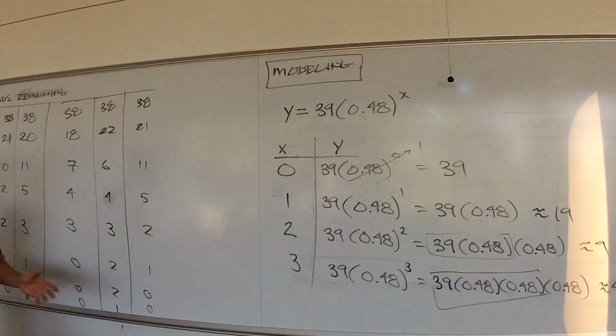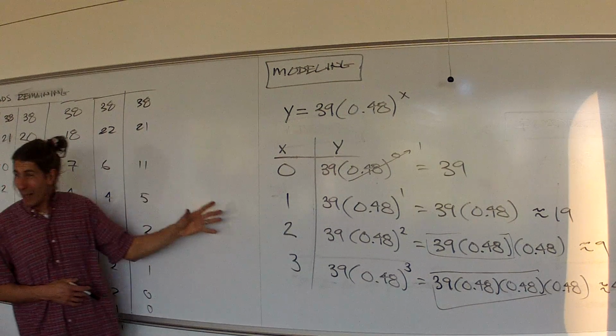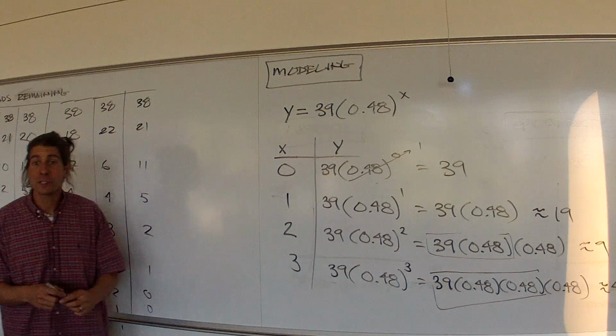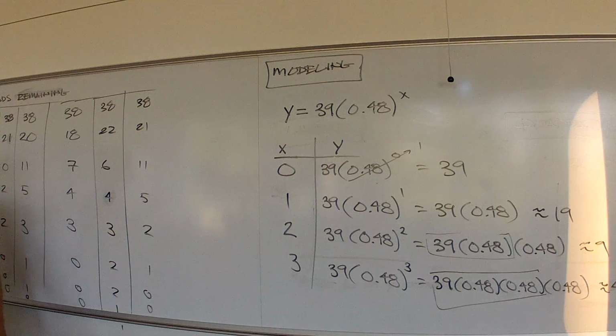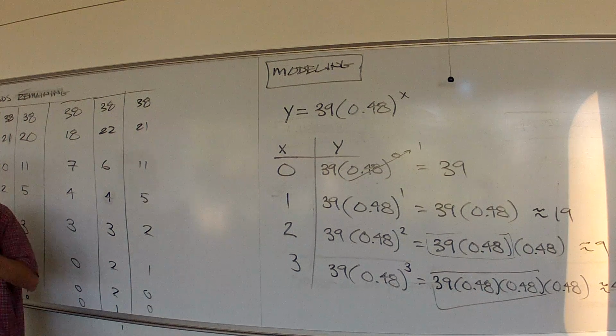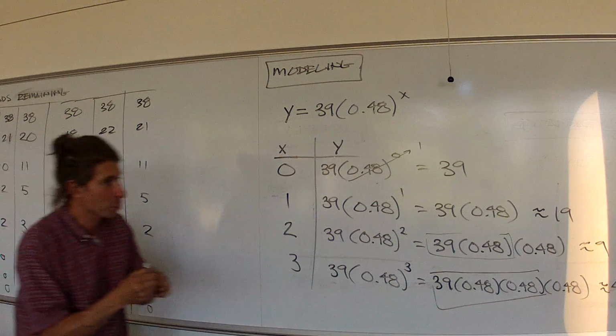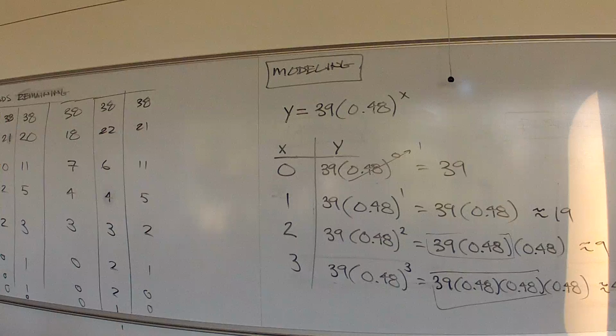Remember, I've erased it now because I needed more board space. With linear modeling, it was a constant first difference. Quadratic was a constant second difference. What's the constant with exponential modeling? A constant multiplication, if you will, a first product. There's a first product that's constant, not a first difference. A first difference would be an addition or subtraction. It's almost like a first product or a first quotient. So for exponential modeling, you can look for a constant first